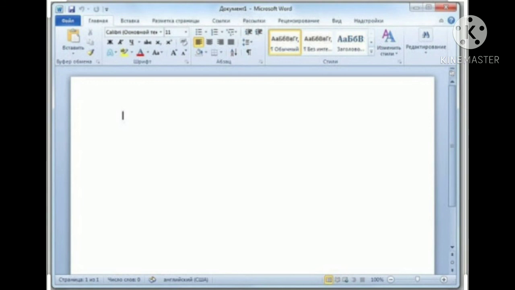Do not press the Enter key. When you come to the end of the line, continue typing the text. The text will automatically move to the next line. This feature of MS Word is called word wrapping. When you wish to start a new paragraph, you will press the Enter key. When you reach the end of a page, Word will automatically move to the next page.